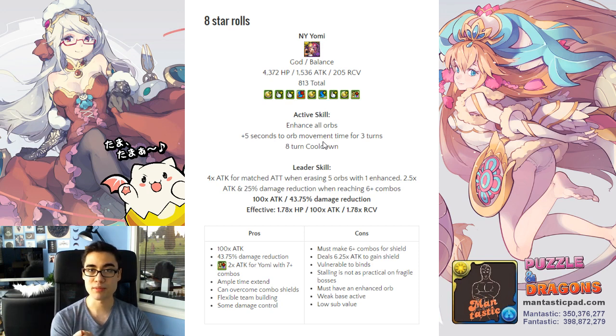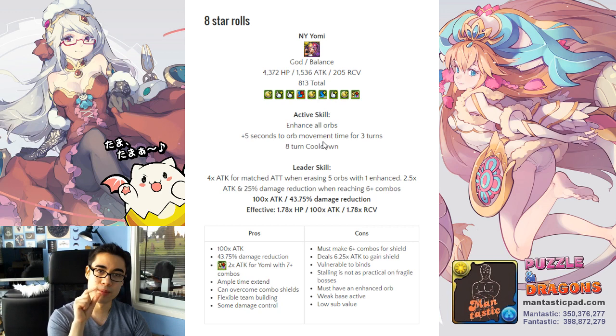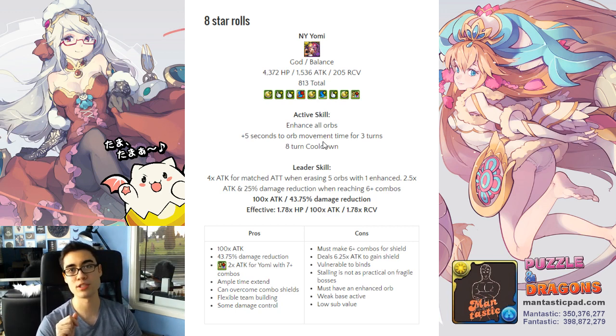And because of bind immunity, their team building is a lot gentler because they can bring softer bind clears, and it just makes your life a little easier when you have your leader skills always being available. And they also must have an enhanced orb. And now, having an enhanced orb may seem, again, very nitpicky, but this does have implications for when bosses change